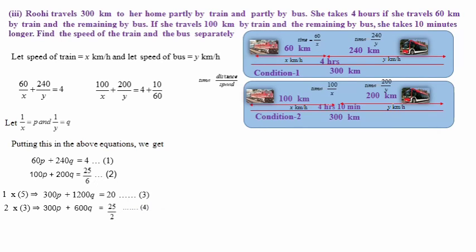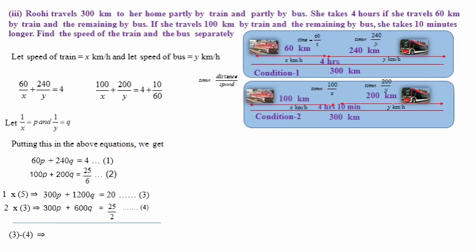So here we are using a slightly different way of equating coefficients. When you observe the numbers, it is clear that when you multiply here with 5, this becomes 300, and when you multiply here with 3, it becomes 300. So the coefficient of p, 300, we can make the same. That's why we are doing it this way. As I said before, you can go for any method for calculation. It is not a problem.